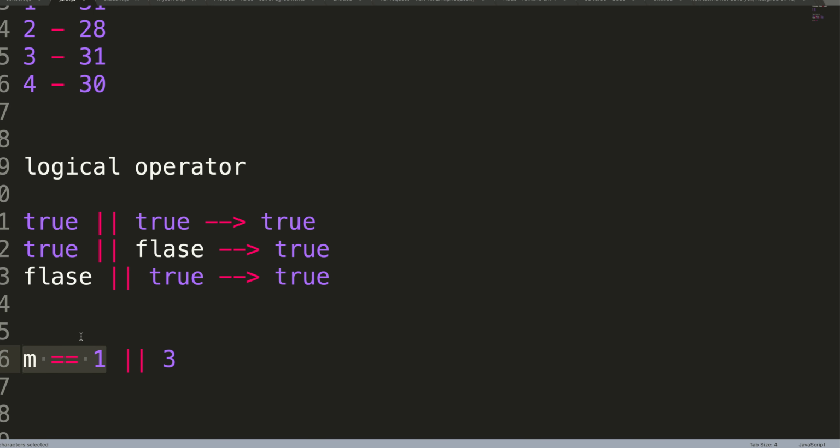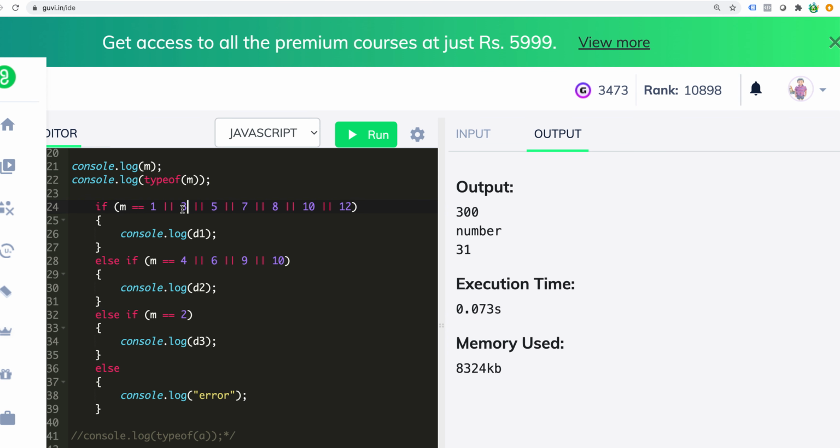Sometimes it might be true or false depending upon the input you are giving for m. But if you see this side, it is always 3. Any non-zero number is considered true, which means irrespective of the value of m, I will go inside. That is the mistake he has made here.